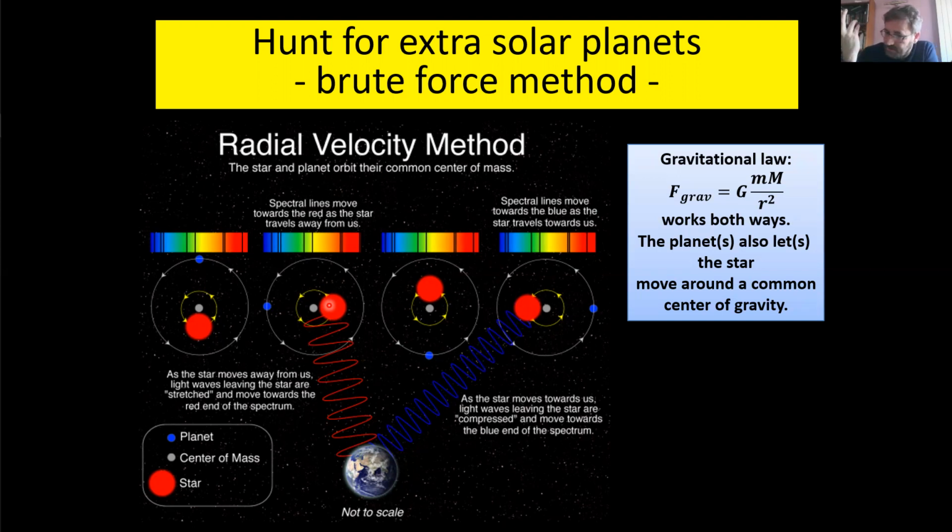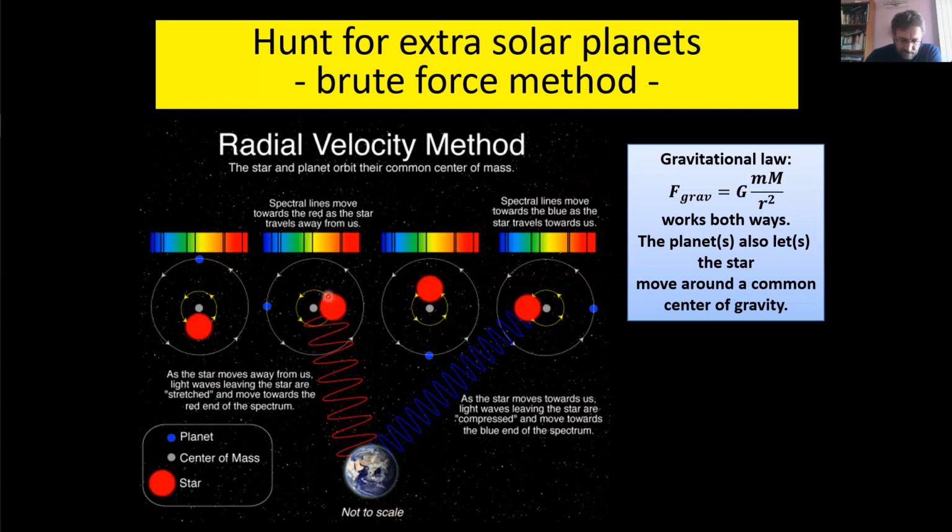Of course, when will this effect be more pronounced? When the gravity that the planet exerts on the star is bigger. So which planet in our solar system will have the biggest effect in terms of mass? It's clearly Jupiter, the gas giant, which is the closest of them and has by far the highest mass. So the gravitational law scales with the mass of the planet, but then also with the distance, so that this effect is more pronounced. And now if we observe from the Earth, that would be here,